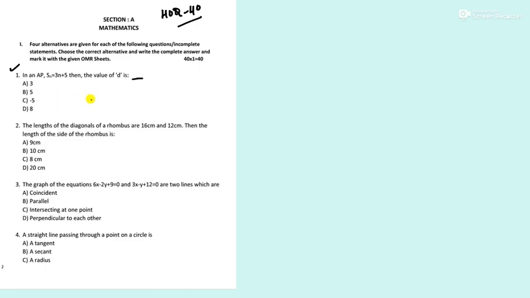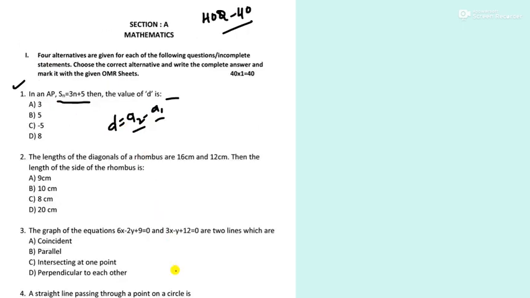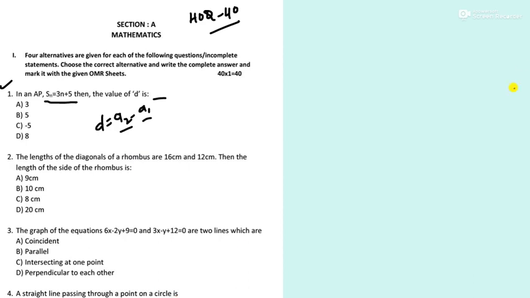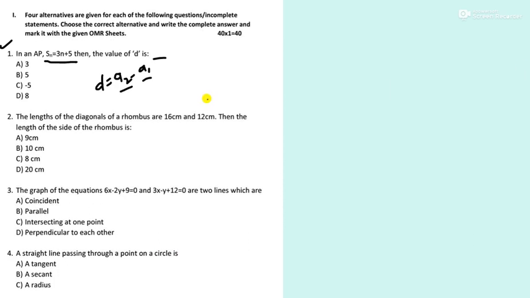We have learned that d is equal to a2 minus a1, right? But a2 and a1 can be found when we have the an formula, but instead of an they have given the Sn formula, some general form of Sn. So how are you going to do that? This will not be applied here. We have to find first S1 and S2, using the same logic as we do in an.